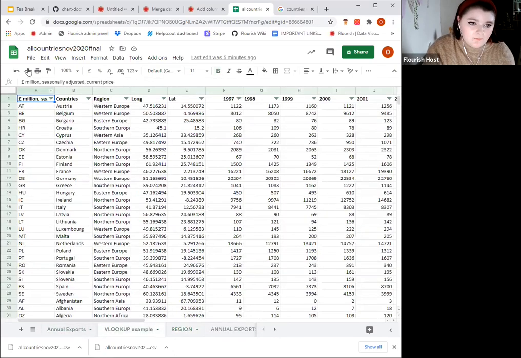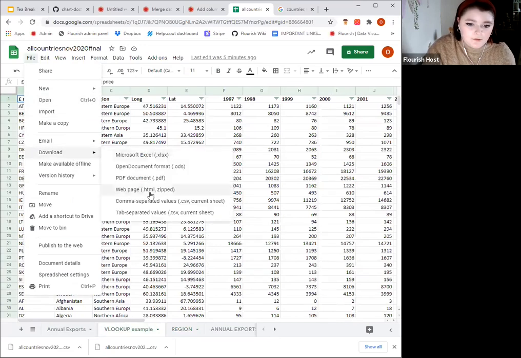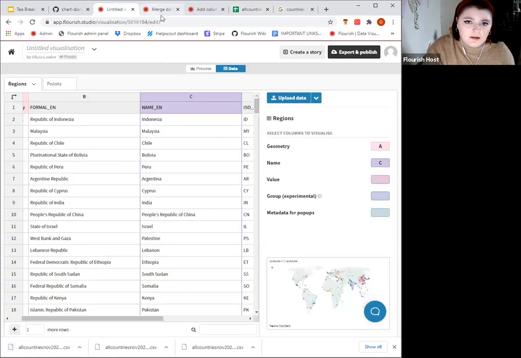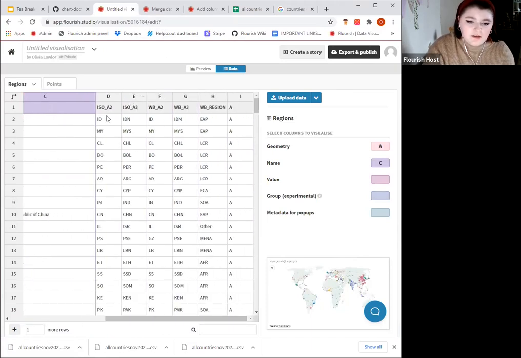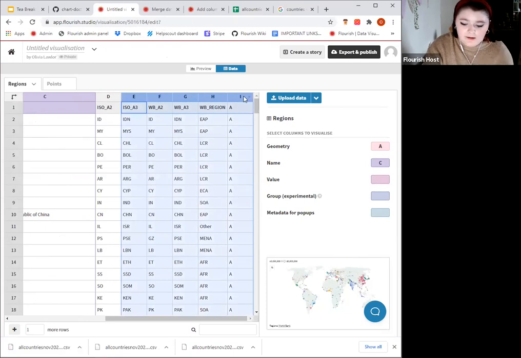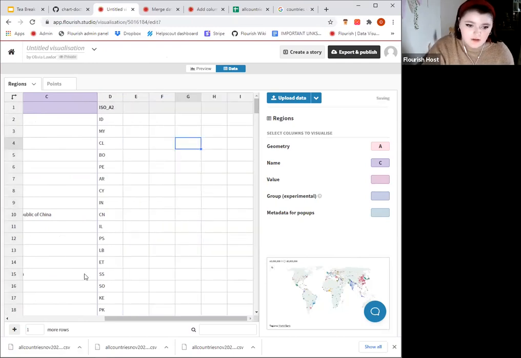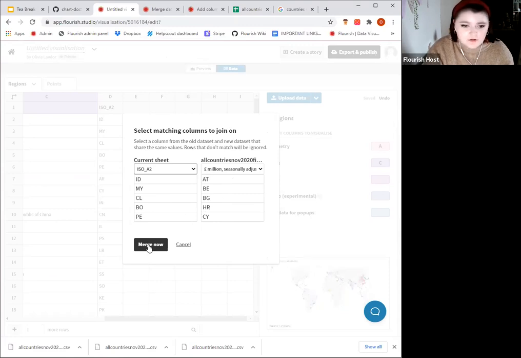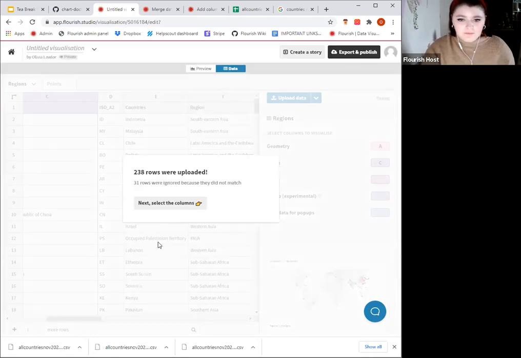Okay, there we go. Here's the VLOOKUP example. Download CSV. There we go. And then in here, I'm going to delete some of these columns actually. I'm just going to keep this D1 here because I'm going to match that with our data set that we're going to merge. So I'm going to show the example and dragging it in. Merge with current sheet. And I want to match it with this ID just because I know that it's going to be more accurate than the country names, because they might have the and symbol rather than and, and stuff like that.